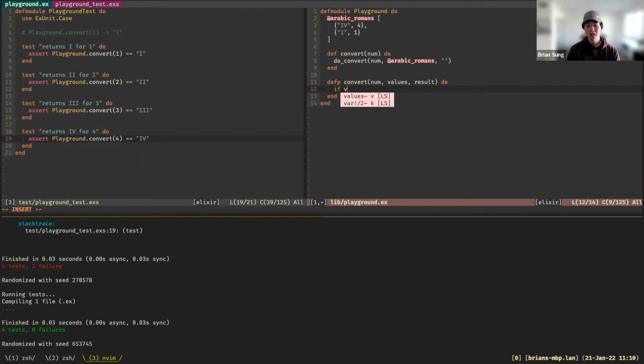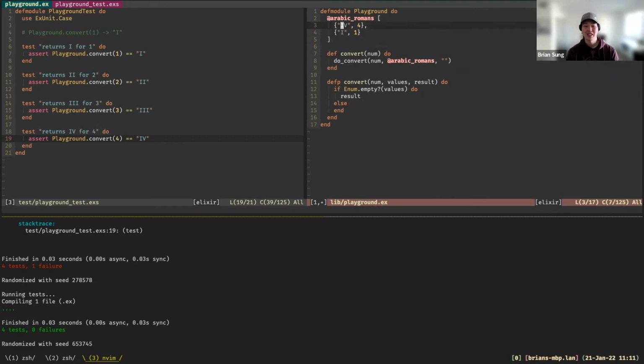So if we iterate through the list and we don't have anything left, so that values is empty, that would be Enum.empty? values, do result. So if there's nothing left in the list, we're going to return the string, right? Else, if the number is greater than, actually, before I do this, this is where I get into pattern matching more.